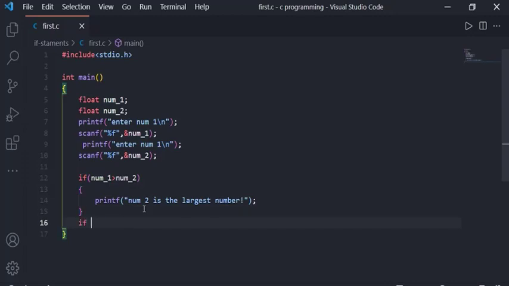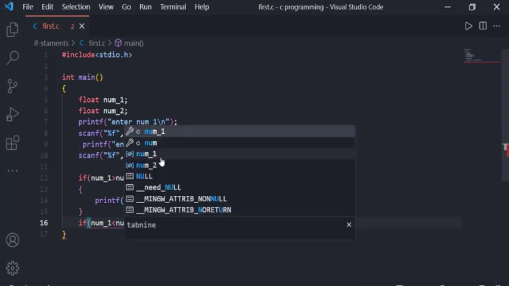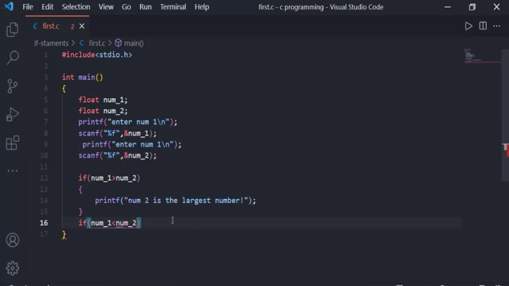And we also check, let's also write, if num1 is less than num2, then we want to write